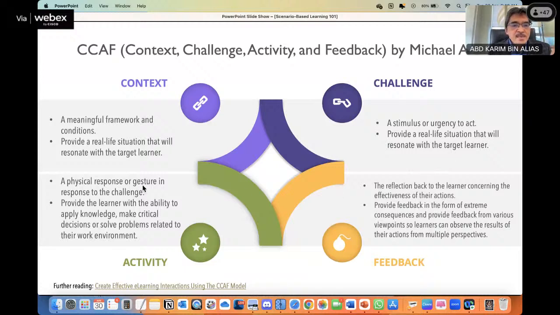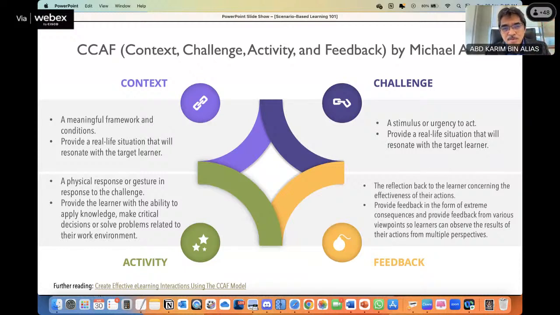Then the activity, a physical response or gesture in response to the challenge, provides the learner with the ability to apply knowledge, make critical decisions, or solve problems related to their work environment. So the scenario that we design will require the students to apply, to develop the cognitive skills in the cognitive levels in Bloom's taxonomy.